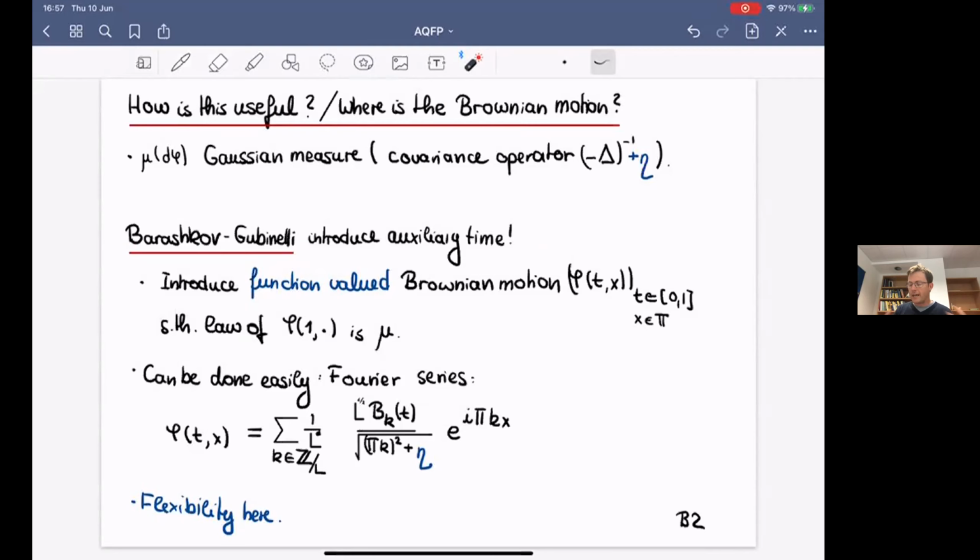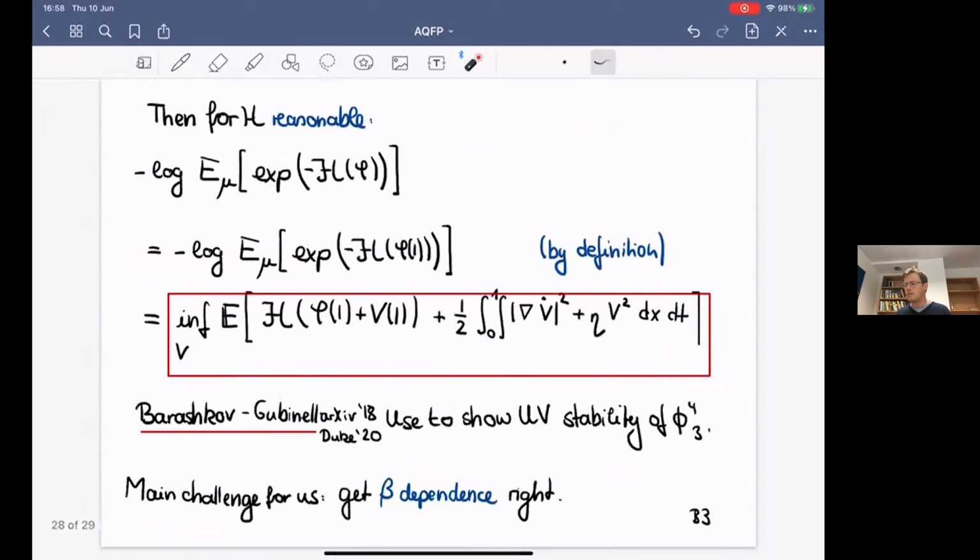So what they actually do is they say, well, on the first little bit of time, you take the very high frequencies, and then you zoom over the frequencies. In this way, it's really close in spirit to what happens in renormalization group analysis. And then once you're there, you just plug it into this variational representation. For reasonable functionals H, you use the fact that your Brownian motion at time 1 has the correct law. So you can just replace your Gaussian field by this